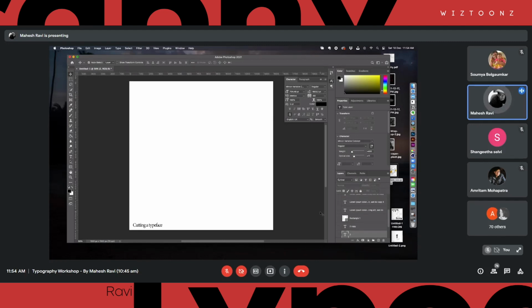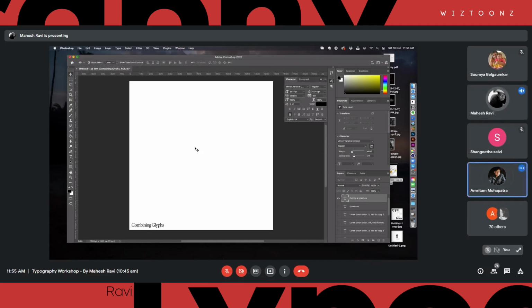Now that's cutting typefaces, something we already know. There's another very interesting technique, which is combining typefaces. Combining glyphs, I would say, not typefaces. Do you know what a glyph is? We just explained it.